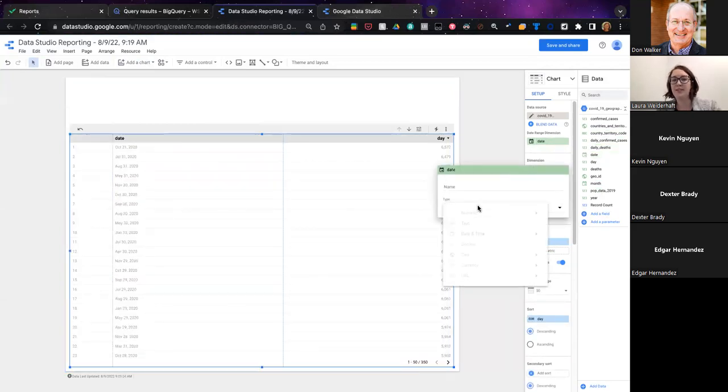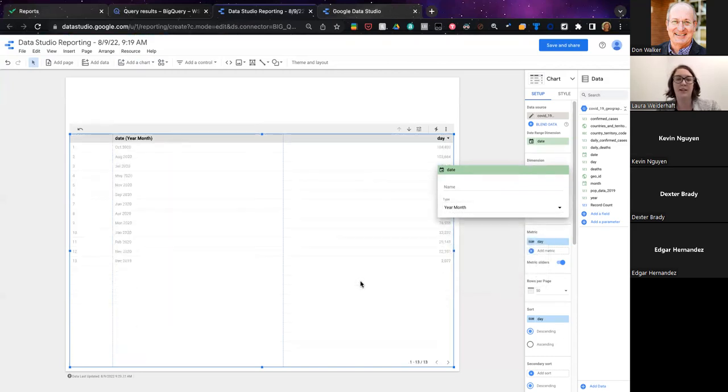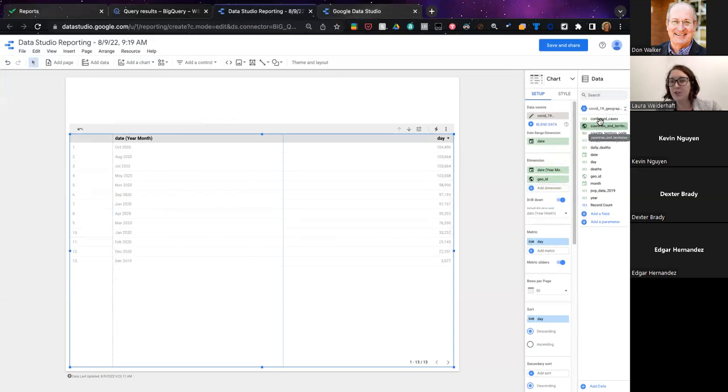And once you're working with date fields, you have the ability to truncate this as much as you want. So if you wanted to look at like by weeks, by months, Data Studio does a pretty good job of truncating your date down.